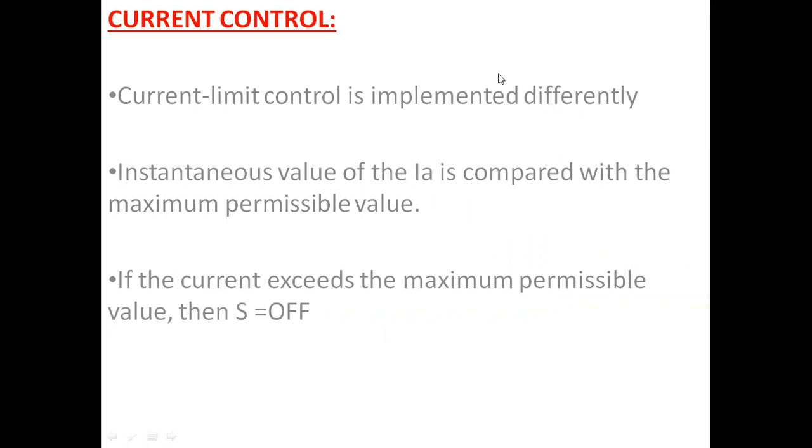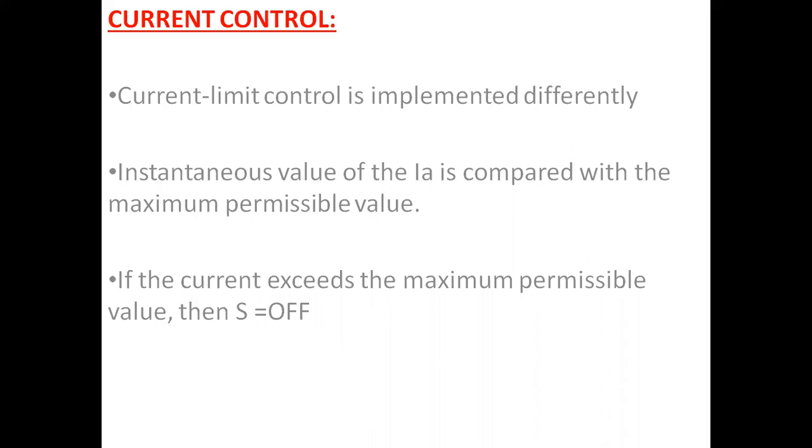Before going to the multi-quadrant control, we will see the current control in the dynamic and composite braking of DC series motors. We already saw these topics in the series motor, dynamic and composite braking, where we looked at current control. The purpose of current control and the methods of its implementation were described in the previous sections. What I described there is also applicable to the chopper.